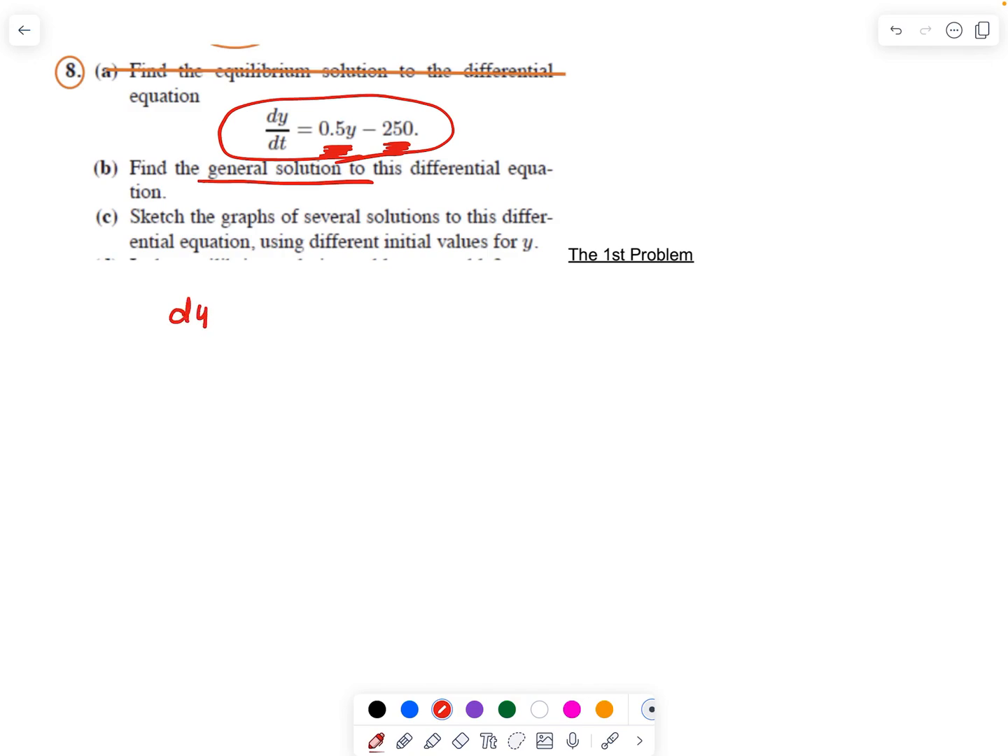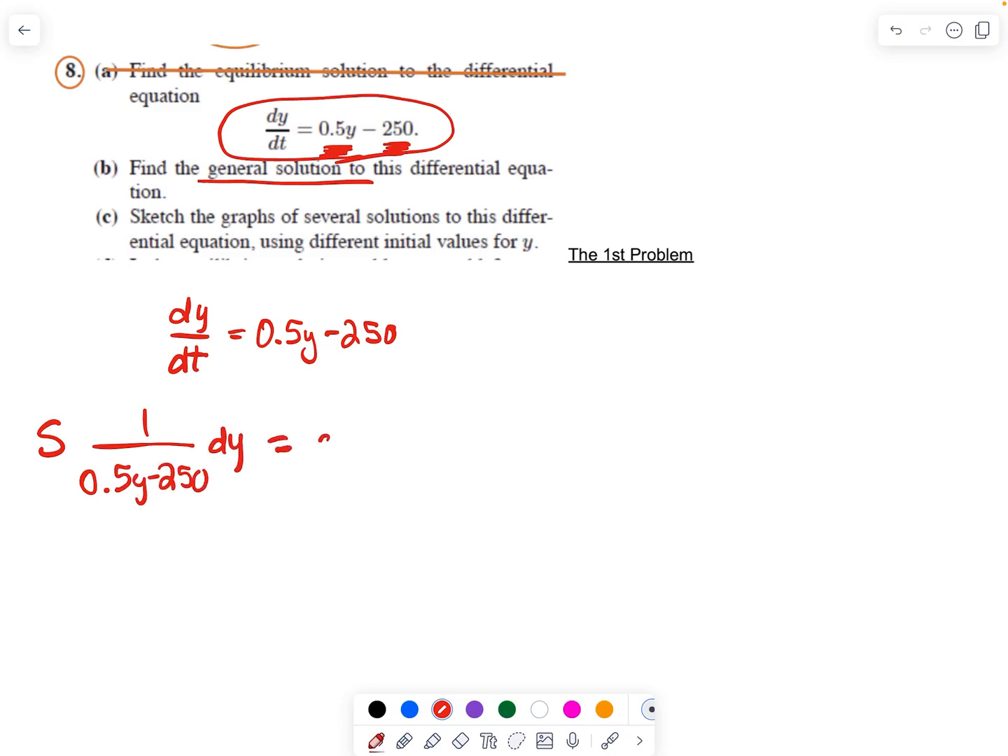So we have been doing a lot of work on separable differential equations. So that's what we do. We separate between y and x, or y and t here. And so step number 1 to separate is I'm going to have 1 over 0.5y minus 250 dy equals dt,